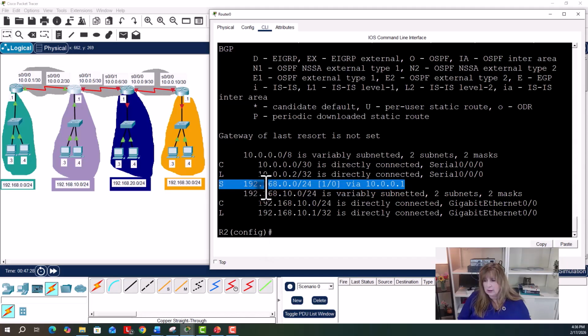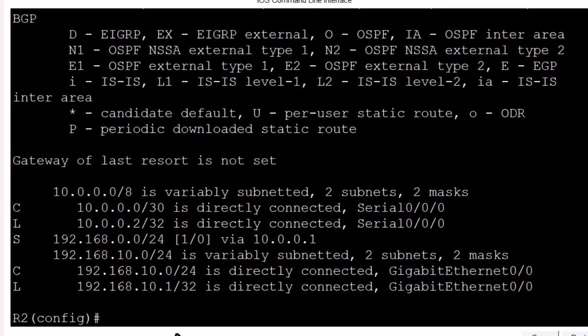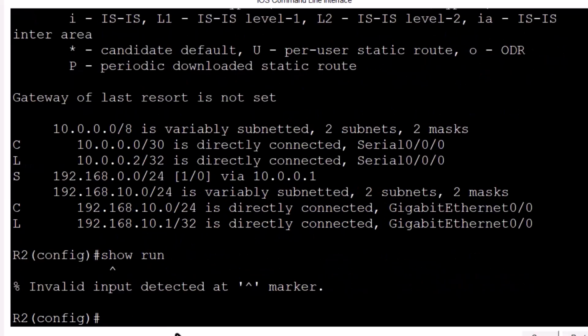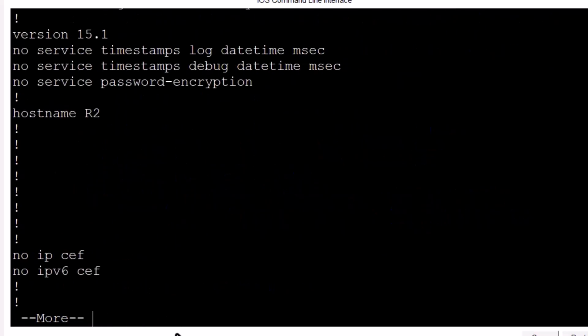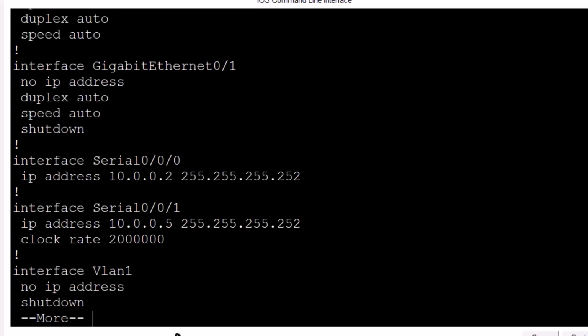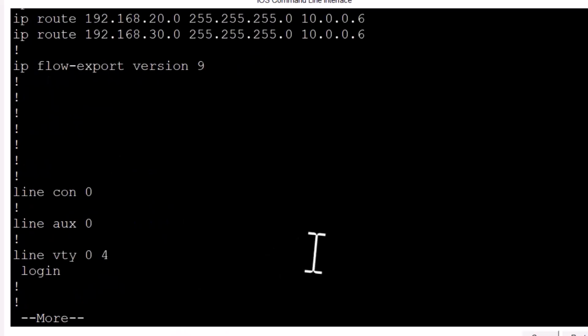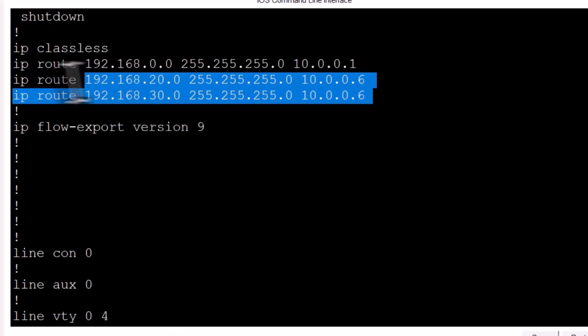showing up, this 192.168.0.0 network, because we haven't brought this interface up here in between. Here, let's go ahead and bring that interface up. If we do here, show you one more thing. If you do a show run here, there we go. If we do a show run, you're going to see that I have all of the routes